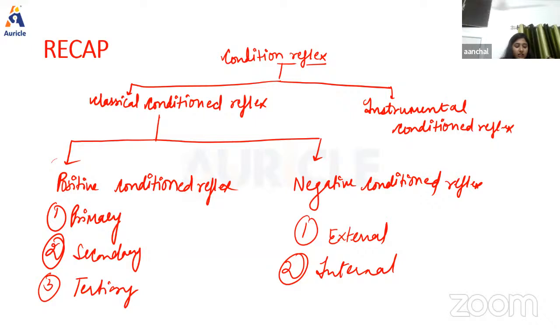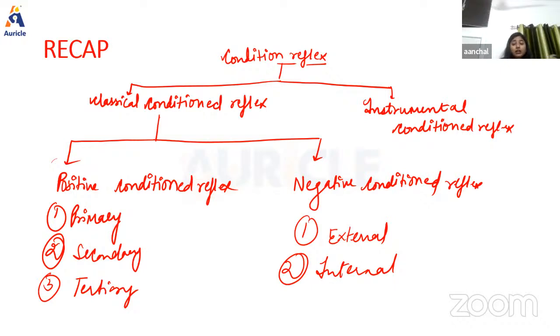In internal inhibition, there are four ways by which an established conditioned reflex is abolished by an internal or direct factor. One is conditioned inhibition. So what is conditioned inhibition? It is a failure of the conditioned reflex due to the introduction of an unknown conditioned stimulus. When a conditioned stimulus like a flash of light is applied, and another conditioned stimulus like a bell sound is applied along with it suddenly, the response does not occur. All this is included in the internal negative conditioned reflex. So this is all about the classical.